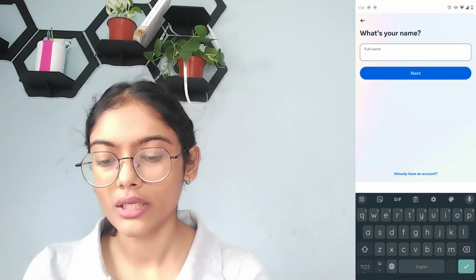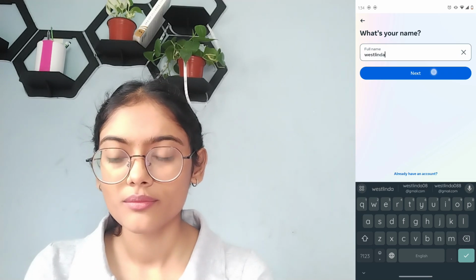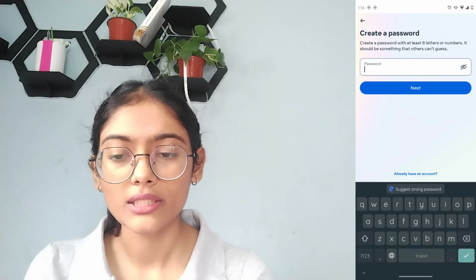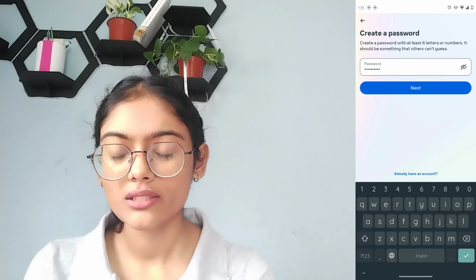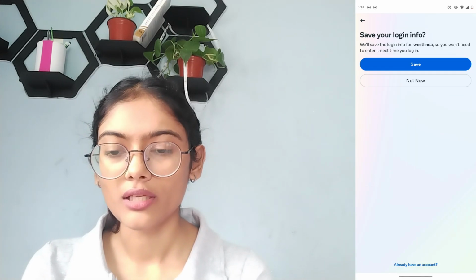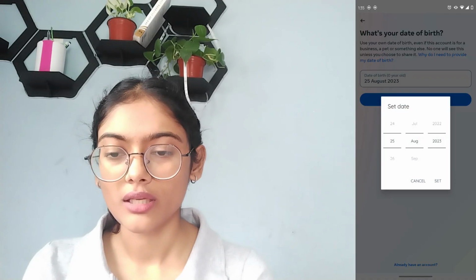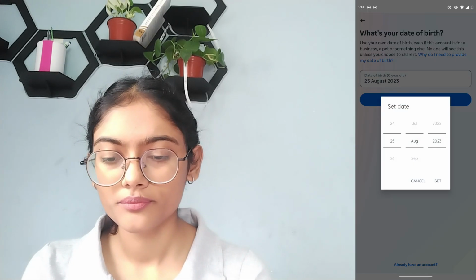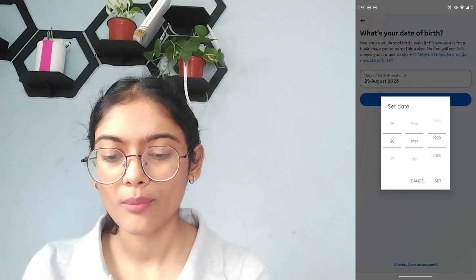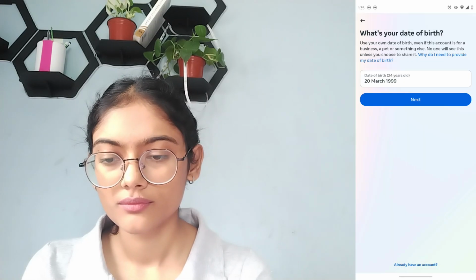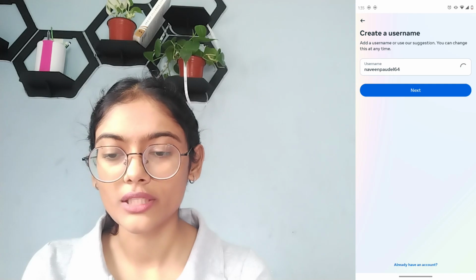and here you have to choose your name, your full name, and after typing tap on next, and then you have to create a password, and after creating the password tap on next, and then if you want to save your login info then you can tap on save, and now you have to choose your date of birth, and after choosing tap on set and then tap on next, and here you have to create a username,